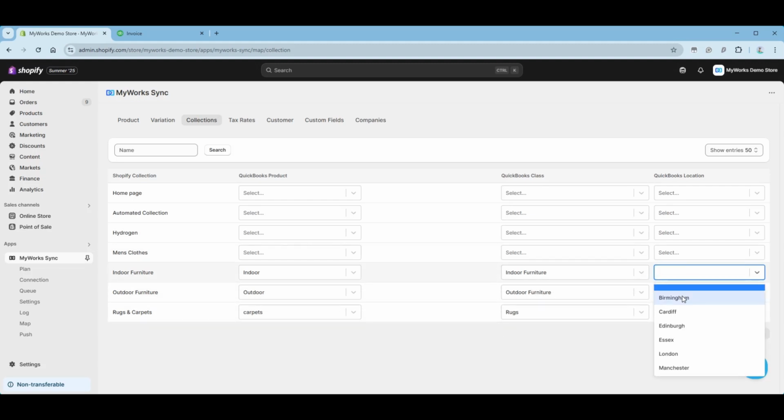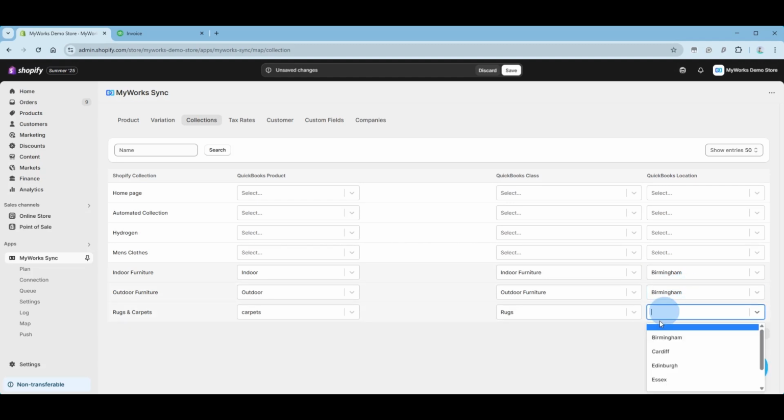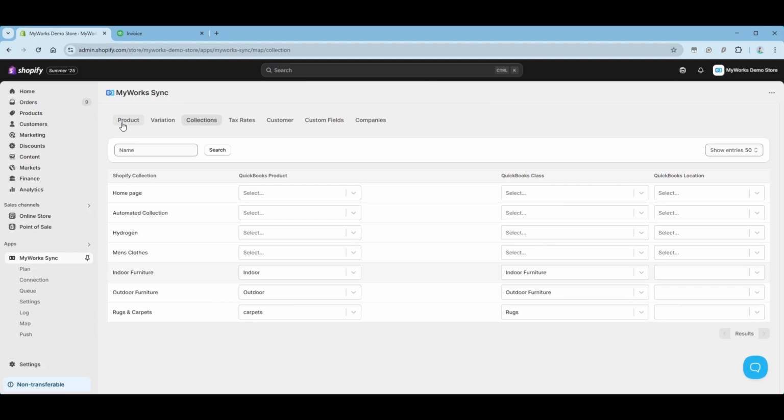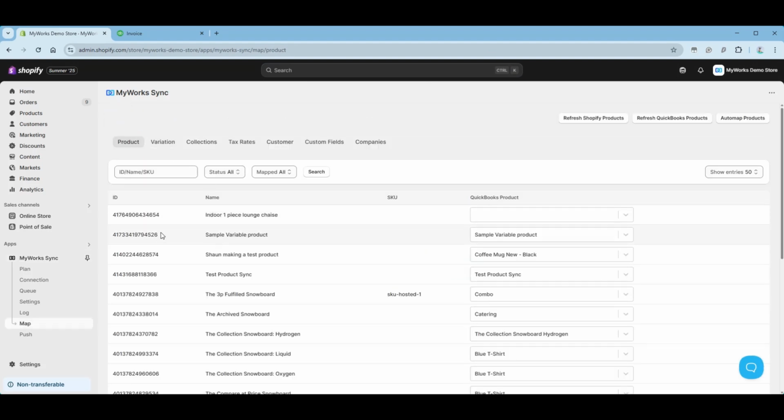You can see locations are used a bit differently, but say we wanted to, we could as well, map directly to that collection. The only time other mappings would take priority is if I had chosen to map my individual products. And remember, these product mappings are somewhere we would come if our products were already in Shopify and in QuickBooks when we installed MyWorks, and we just wanted to indicate which QuickBooks product corresponds to which Shopify